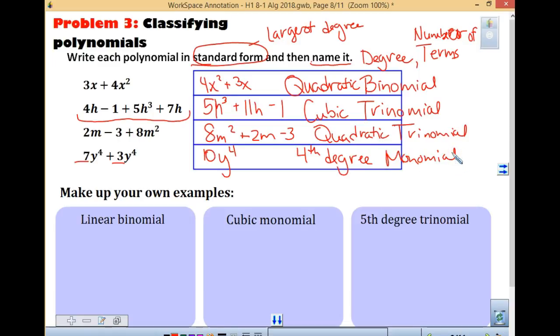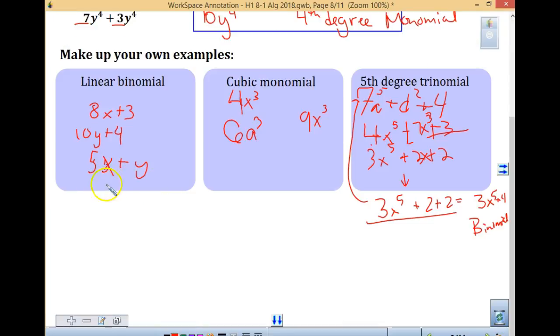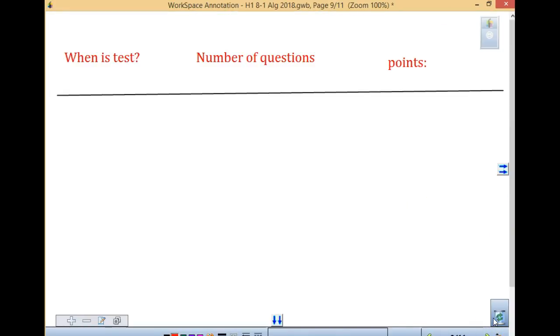Okay. So as we go larger than those, I would like you right now to make up your own example. I like this one with linear, where you have both an x and a y, because it doesn't say you have to have a constant, right? It just means that they both have to be to the first degree, okay? So linear is just to the first degree when we are looking at that. And they could be two different variables as you are looking at it, okay? So I want to look at what's on your